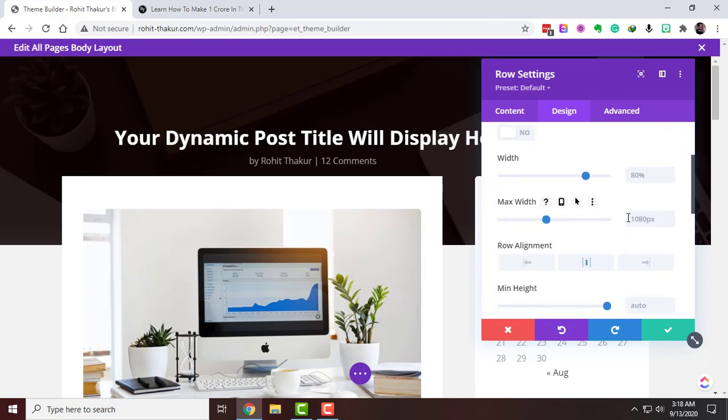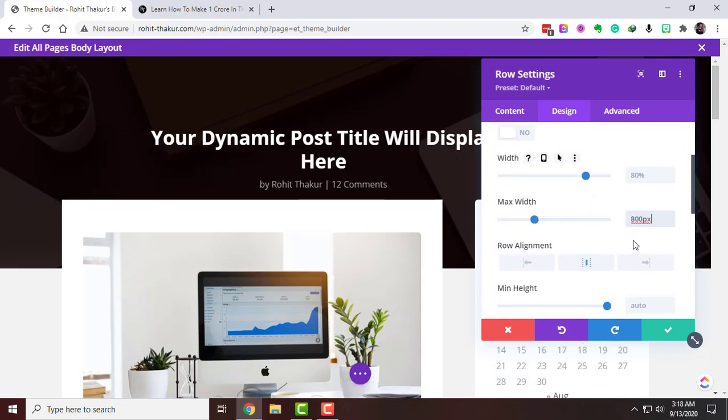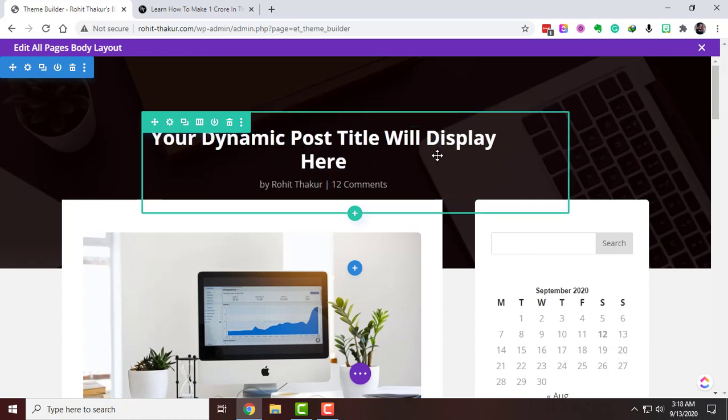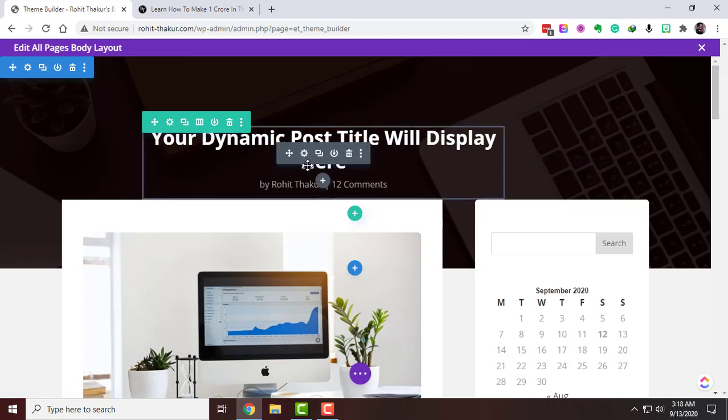Let's reduce the size of it, so we want 800 pixels. Here we have made it 800 pixels now, and it is in the middle as well. I think it's a bit offset here, but we'll fix it right now.